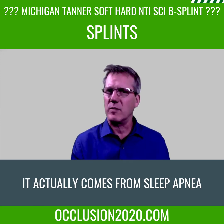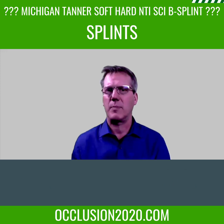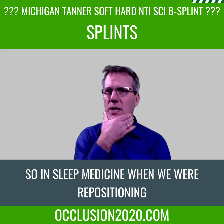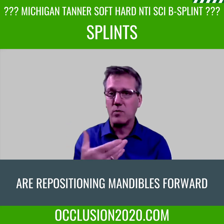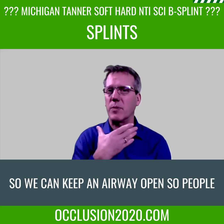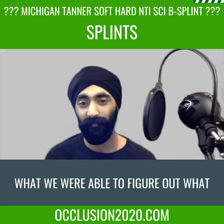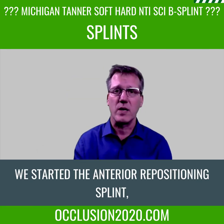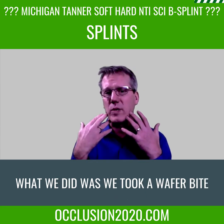And that appliance, in the States at least, is called an AM aligner. And it doesn't come from CR dentistry. It actually comes from sleep apnea or sleep medicine. So in sleep medicine, when we were repositioning mandibles forward so we can keep an airway open so people don't die, what we were able to figure out, or what they were able to figure out, is before we started